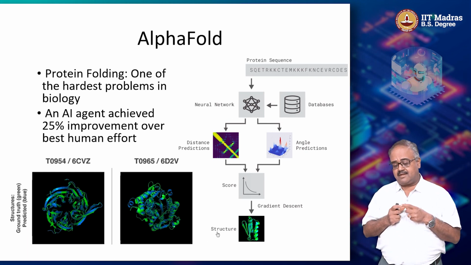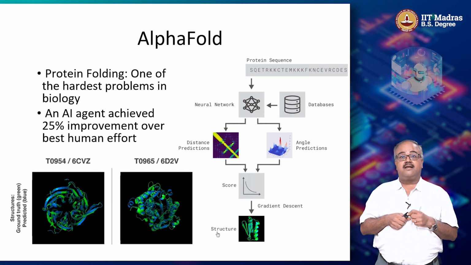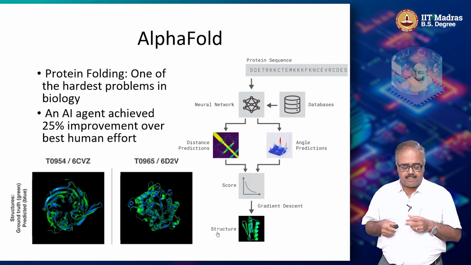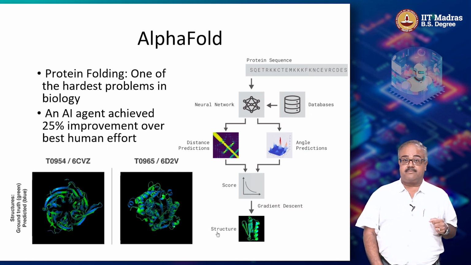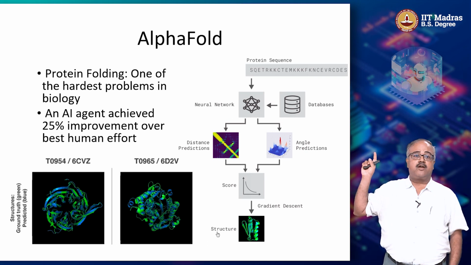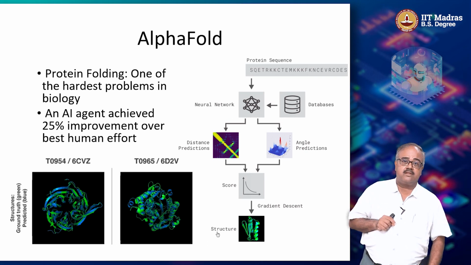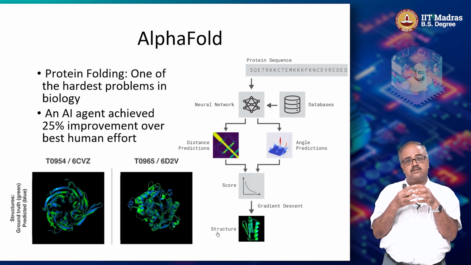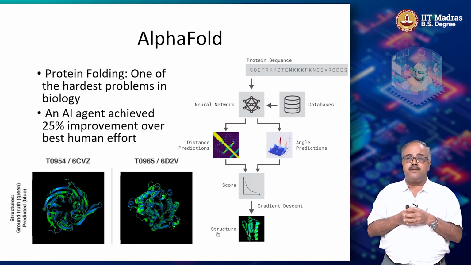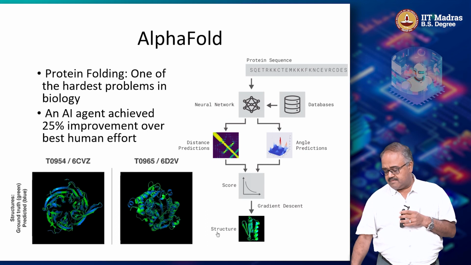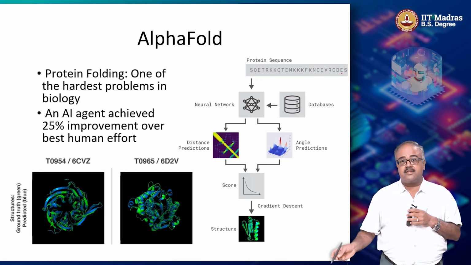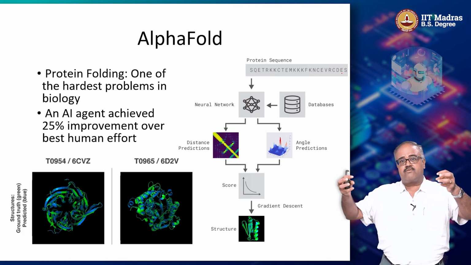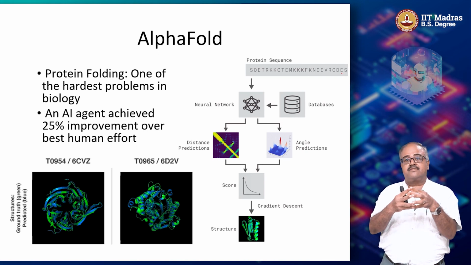The other one that has gotten a lot of press is a program called AlphaFold. AlphaFold solves a problem called protein folding. You can see these very complicated squiggly structures in blue and green on the slide. These are the 3D structures of proteins. Proteins are the building blocks of the body, and typically a protein shows up as a sequence, and as soon as the sequence of amino acids is formed, it folds into a very complicated 3D structure.